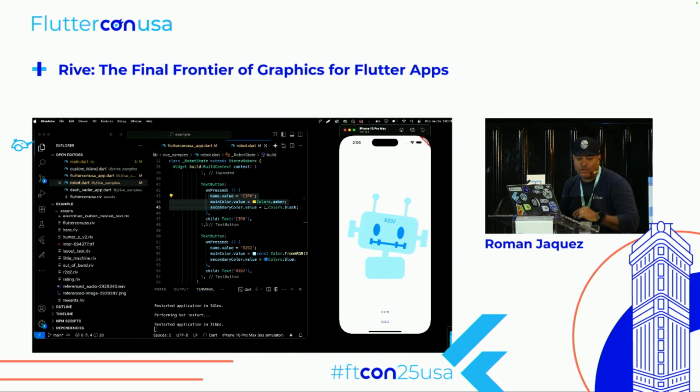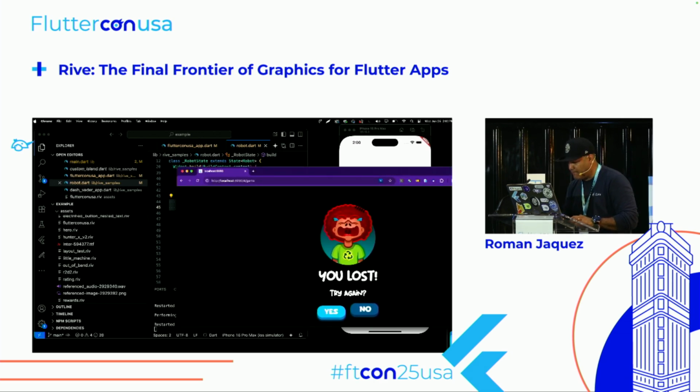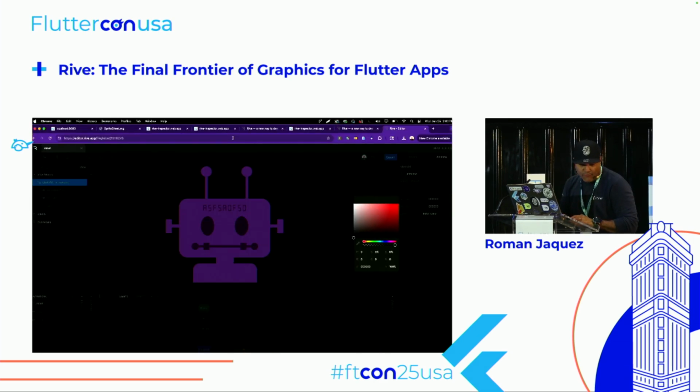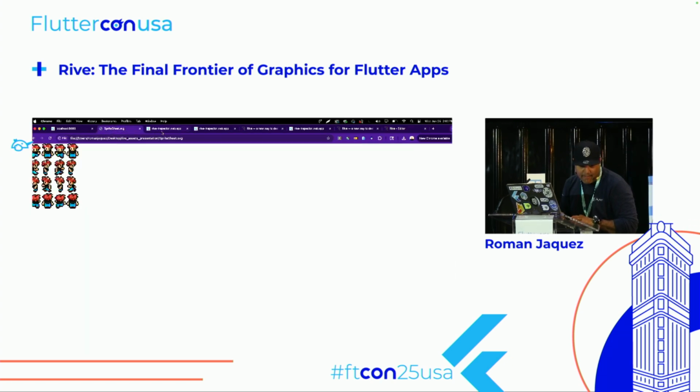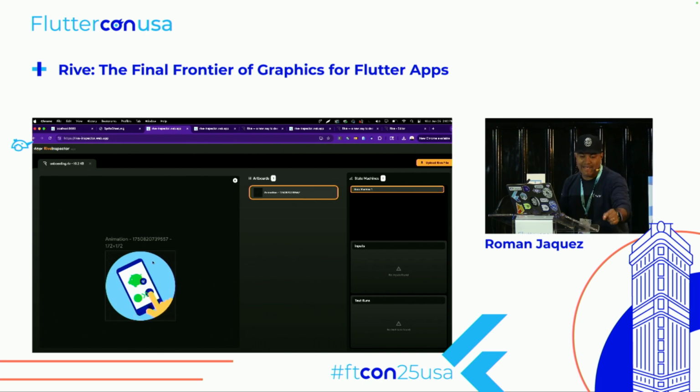Your Lottie files, you can actually import them into Rive. If I show you this, you wouldn't believe it. I think I have an example right here where this is actually a Lottie file that I just brought into Rive, and it was 20 kilobytes, and when I brought it into Rive, it actually reduced it by 50%. So it made it a 10 kilobyte